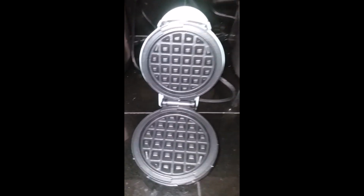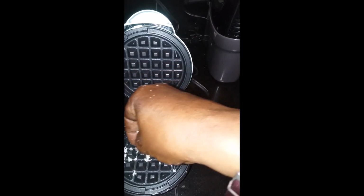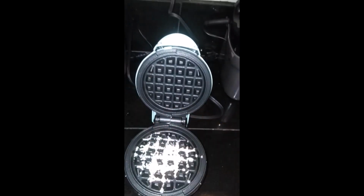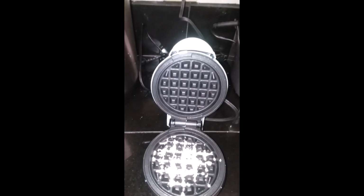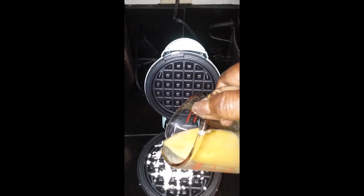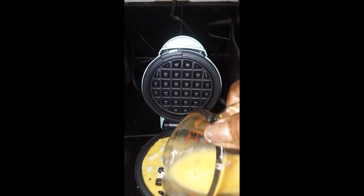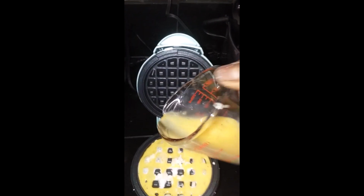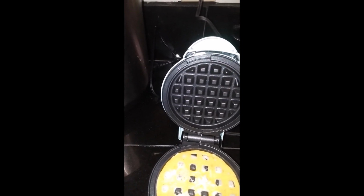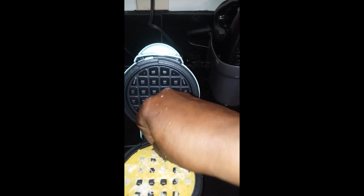So to start, what I did was I took about a tablespoon of mozzarella cheese and I just spread that around the bottom of the griddle. And then I took some of the egg mixture that I had and I carefully poured that in there just to cover as much of the bottom as I could. And then after I poured enough on it, I went ahead and added about another tablespoon or a little bit more of the mozzarella cheese on top. And I spread this around pretty well,